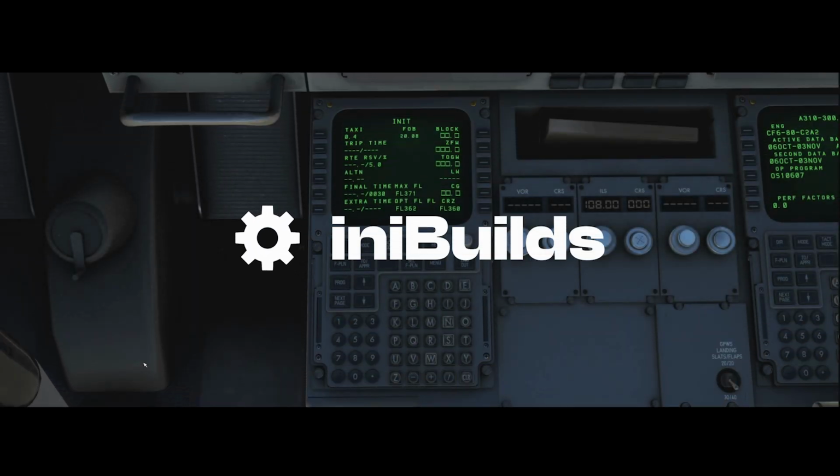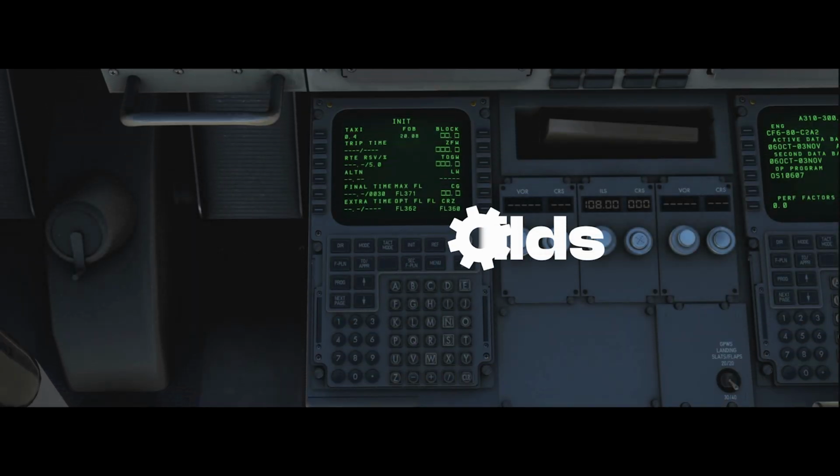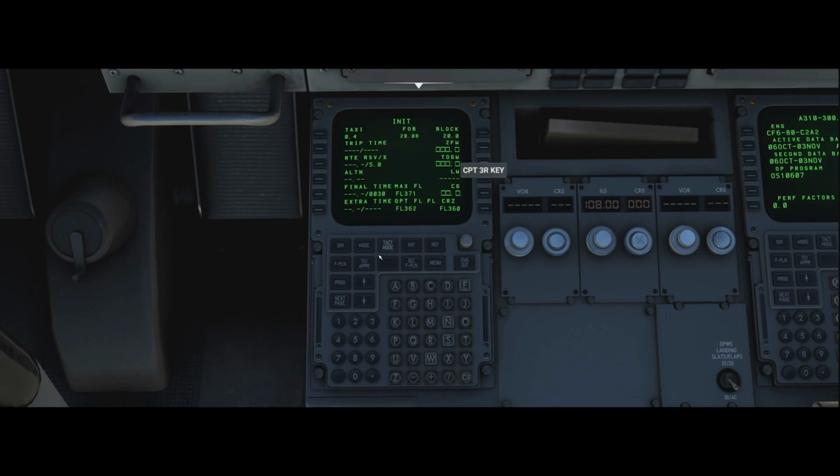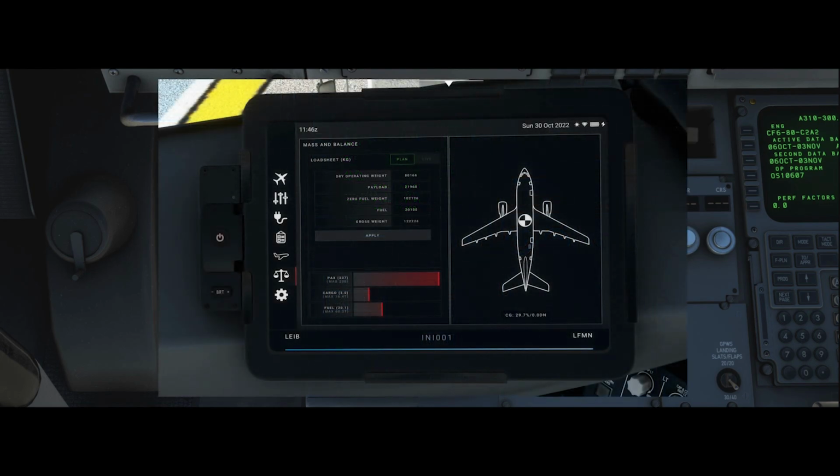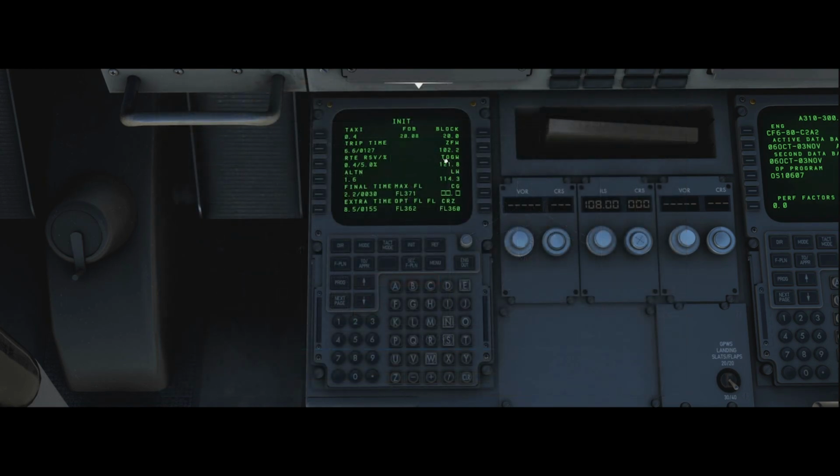Okay, so let's start by putting some of this information in. FOB is fuel on board, and we can see it's 20.08 because it's burned a bit from the APU, so let's just call it 20. It's fairly safe. Zero fuel weight was 102.2, if I remember rightly. Now you can see it's populated the takeoff weight, and it's automatically calculating the landing weight,